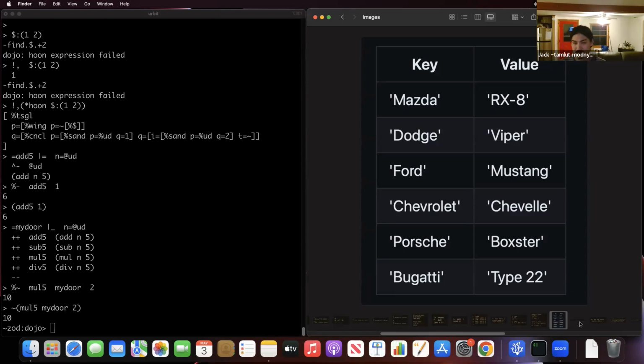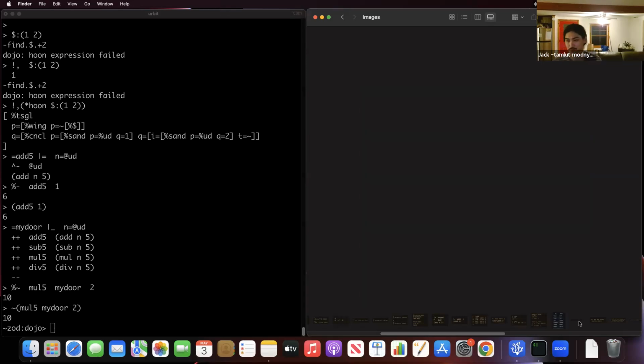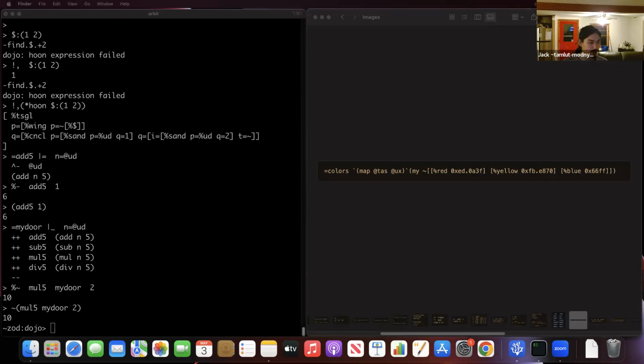So let's gain some practice using maps in Hoon. It's quite small, but hopefully you can see it. This is how we are going to make a map in Hoon. We have this function called my right here, and that is going to take